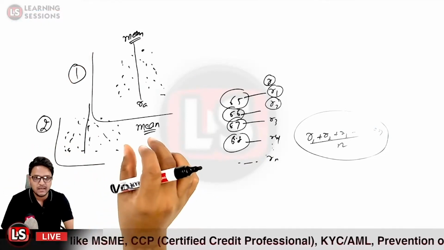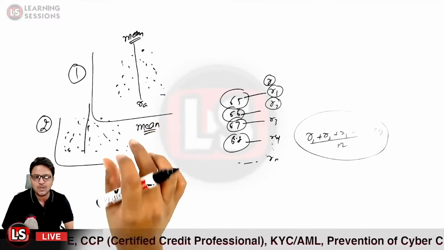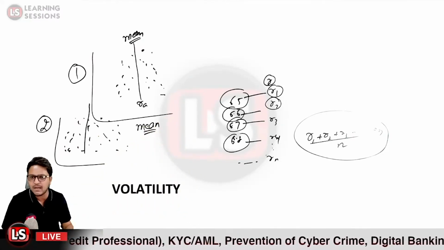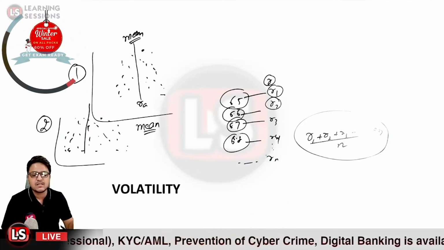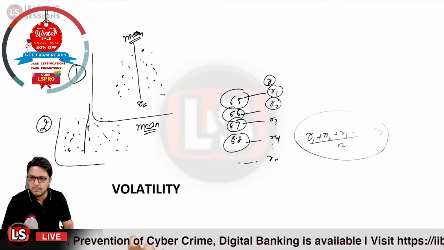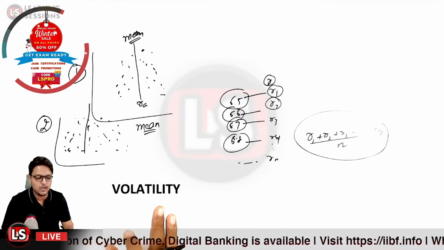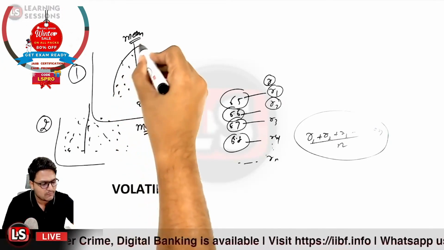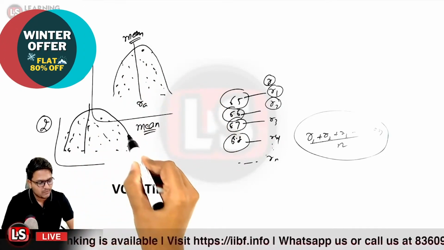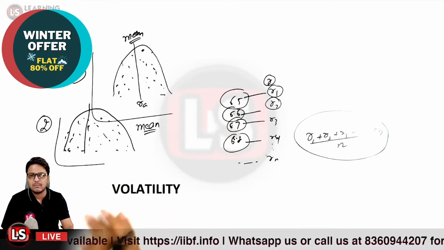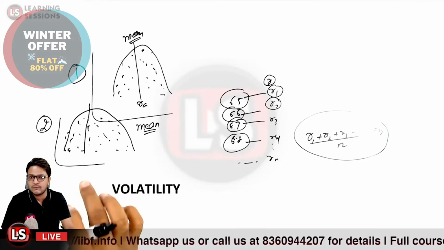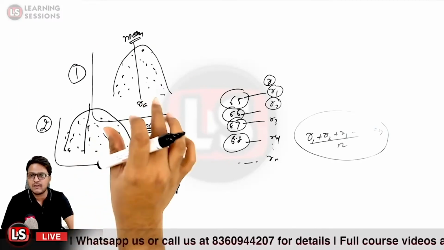So this is basically related to dispersion, that is, how the values of the random variable are dispersed over the mean value. So that is related to what? That is related to volatility. So if we draw a graph over here, it will be in some such form, and in this particular case the graph will be somewhat wider. So we can basically say the volatility is more in the case of graph 2 rather than that of graph number 1.